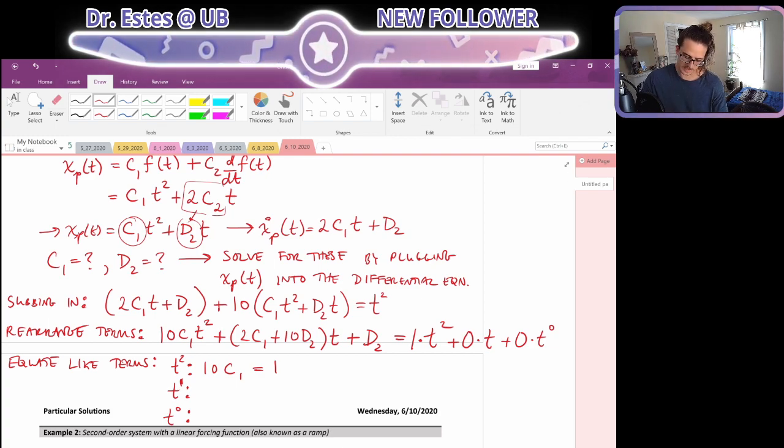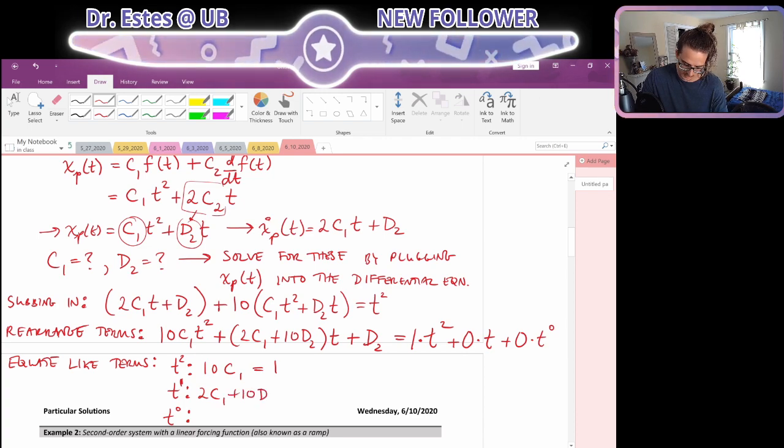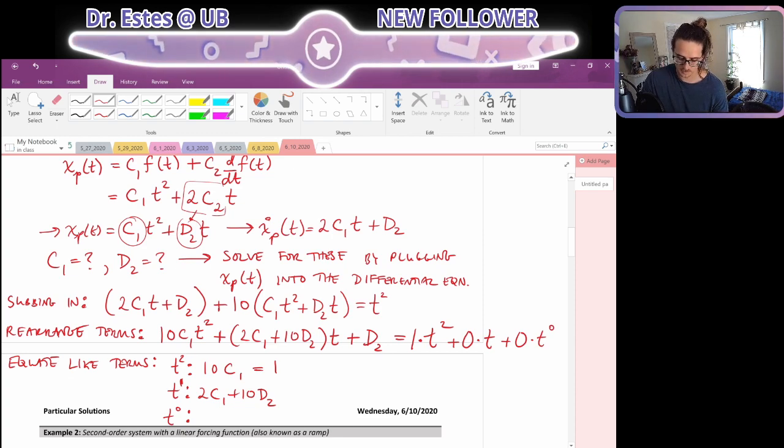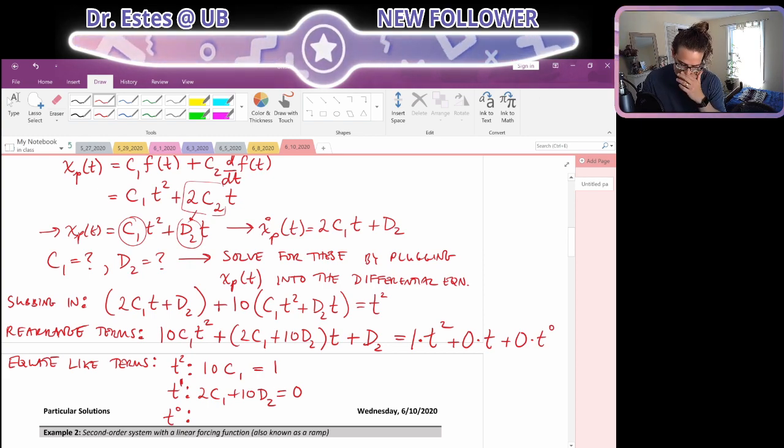So, okay, let's do the t to the 1 terms. On the left-hand side, I have 2 C1 plus 10 D2. But on the right-hand side, I don't have any t terms. I have 0 times t. And finally,